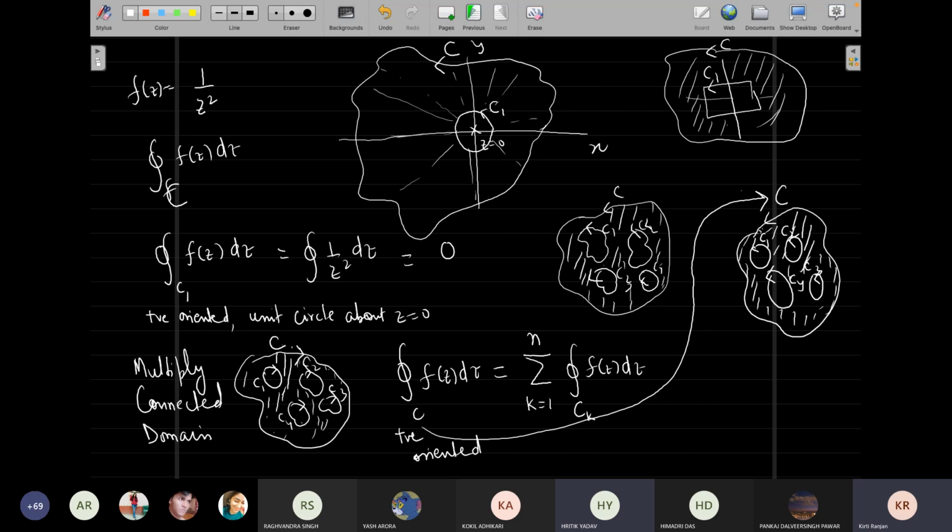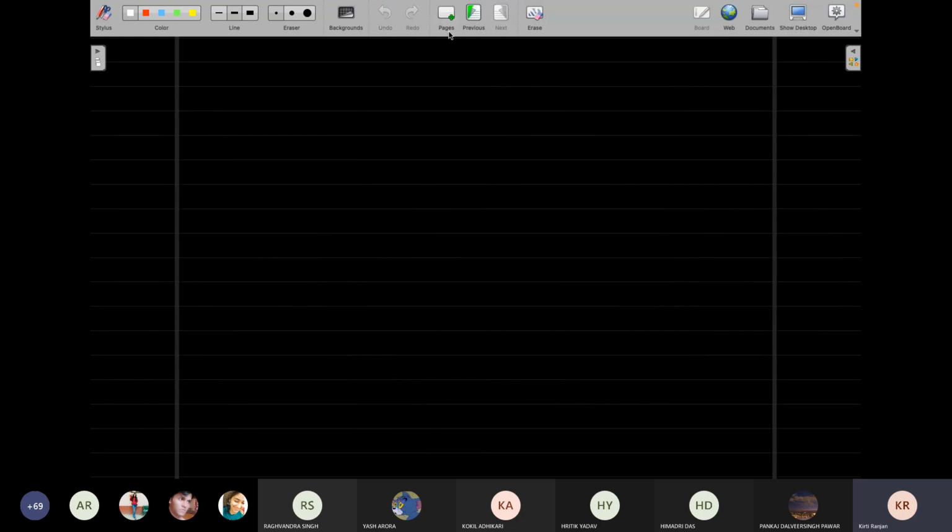The only thing which we have to take into consideration is that the singularity lies within the path which we are choosing, inside the inner path. If you look into it, the original problem is something like this, that there exist some finite singularities. This is what we are going to use in our Cauchy residue theorem. I'm drawing it so many times now. Ultimately, we are going to do this.